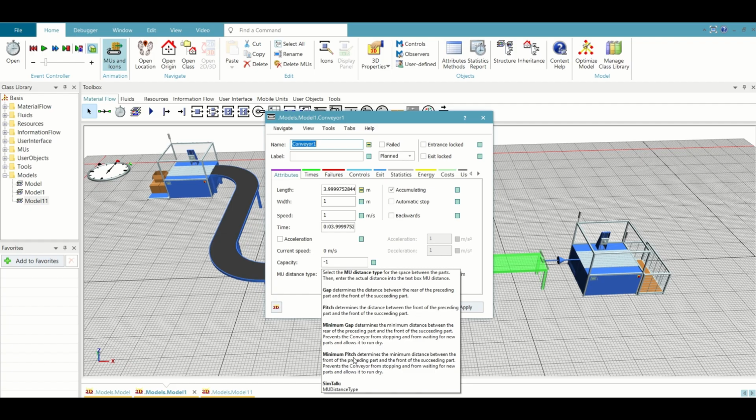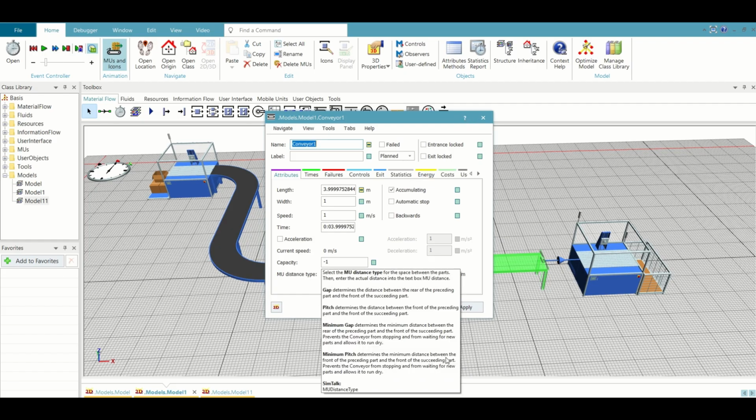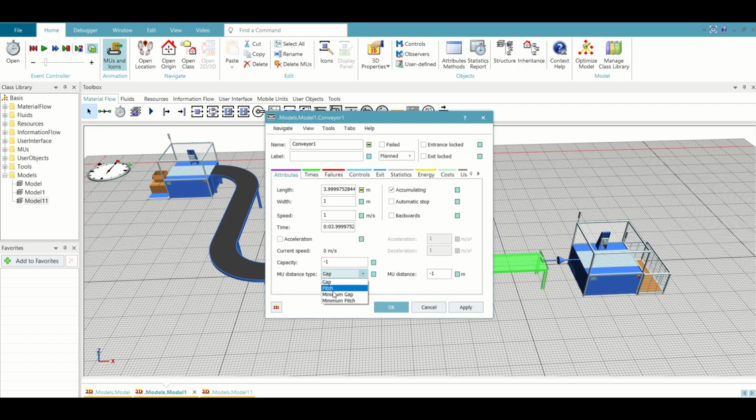Now when you look into minimum pitch, because we have 4 categories via which you can classify MU distance by type, minimum pitch determines the minimum distance between the front of the preceding part and the front of the succeeding part. Let me go there again and bring this up. It prevents the conveyor from stopping and waiting for a new part and allows it to dry run. Now let us select here, a